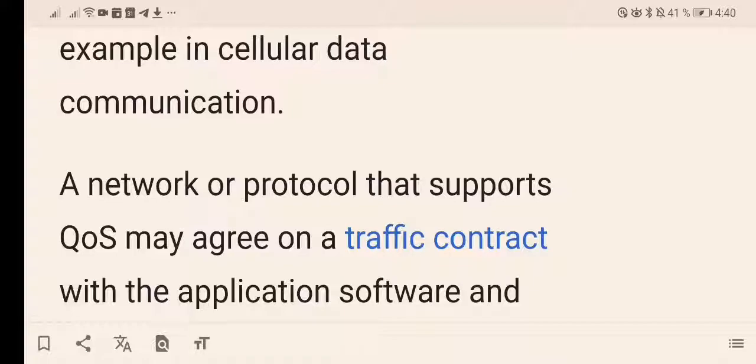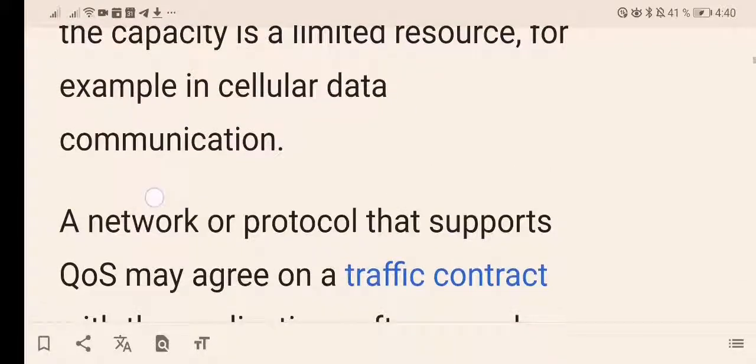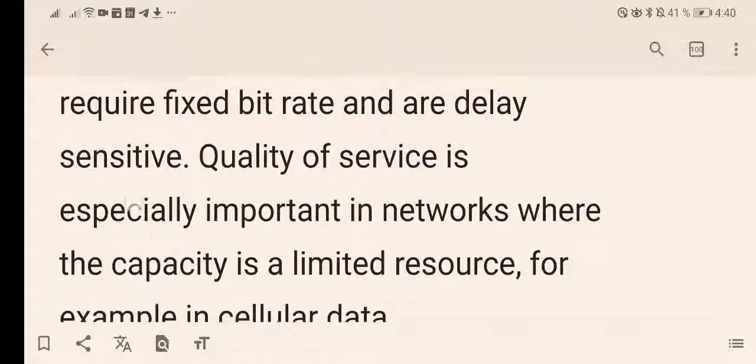CCNA, actually double CCNA, who says, he explains